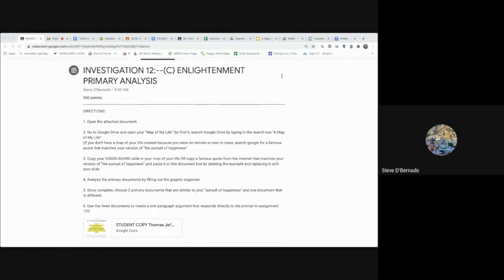Welcome to Investigation 12C. This is Enlightenment Primary Analysis. This particular activity is going to take your analysis of your personal life and you're going to compare it to analysis of Enlightenment reforms of the 18th century in America. And you're going to construct an argument of similarities and differences between